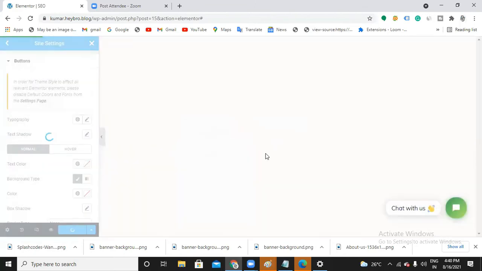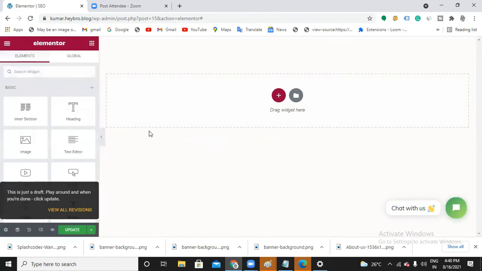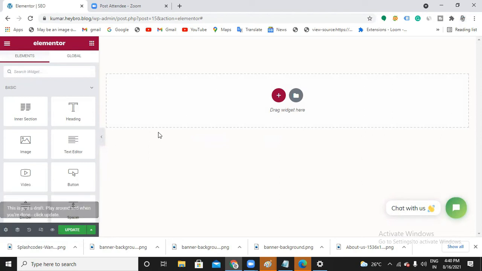That means whatever you do, these global options will apply to your text. If you don't want that, you can also apply them directly in individual items. That is fine. So these are the basic steps that you need to follow before you start designing. So shall we start designing now?